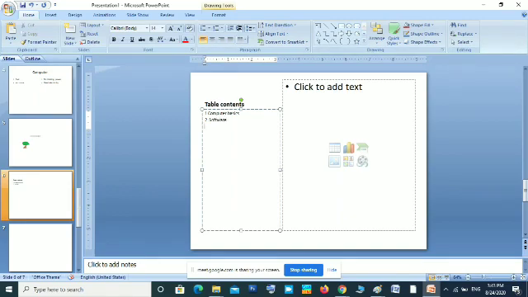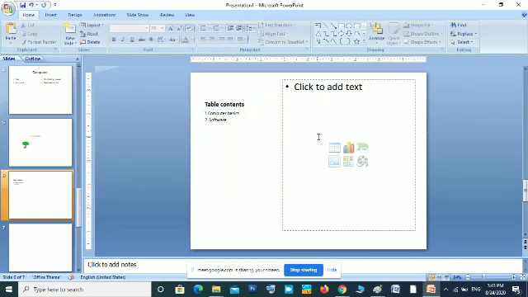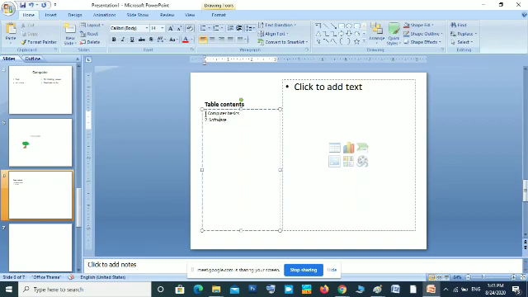Just click inside the placeholder and type on your keyboard. If you want to finish typing, just click outside the placeholder. That entry is finished.